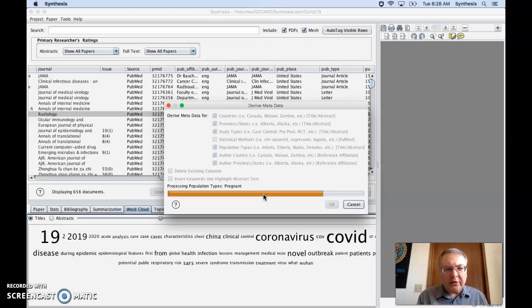So right now you can see it's heading through, processing the author country. It's taking a while for China because there are obviously a lot of references that are about China or from China. And so once we have that,